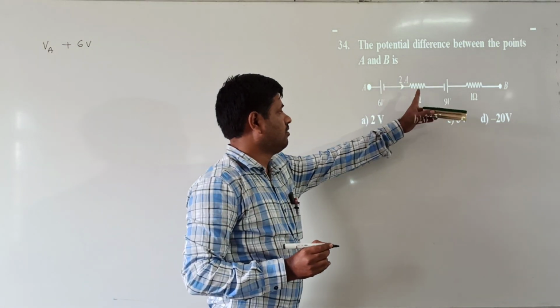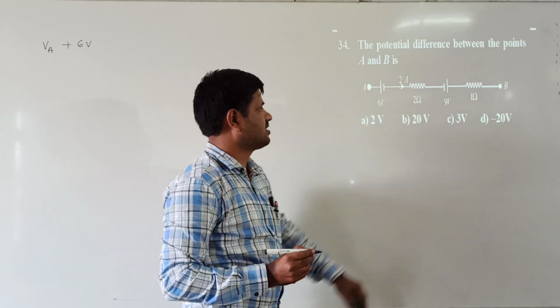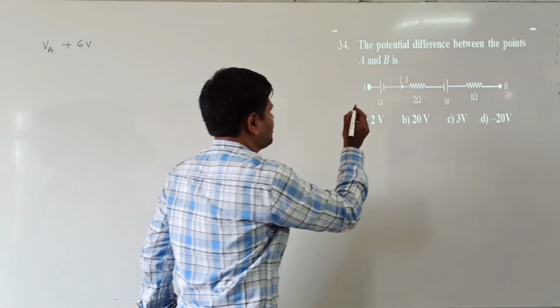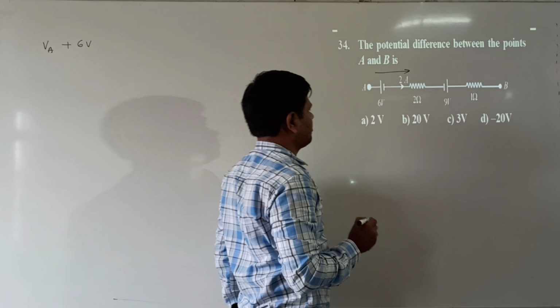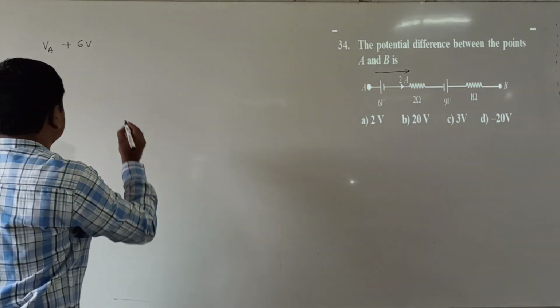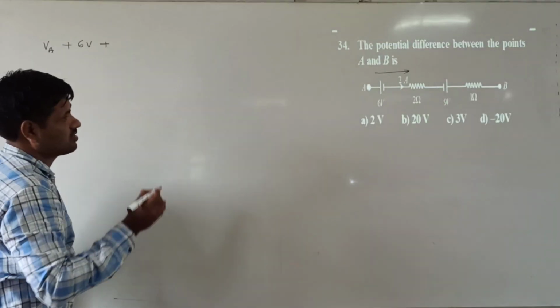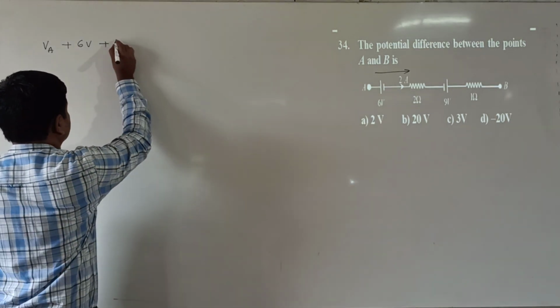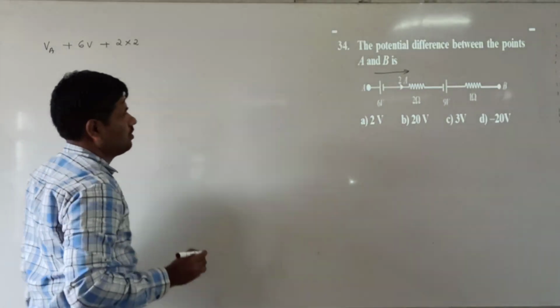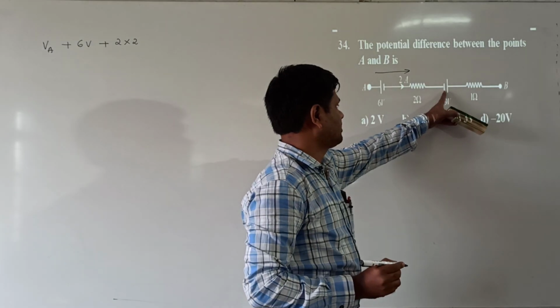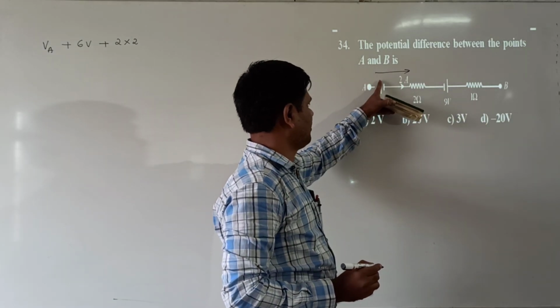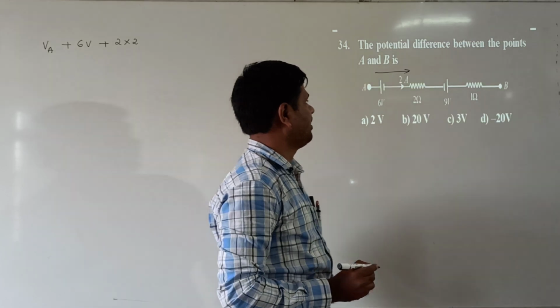Now the current and the resistances are in the same direction. We are moving in this direction, current is also in the same direction. So take the positive. The voltage drop across the 2 ohm resistor is taken as 2 into 2. Now here, this is starting at the positive end first of all, and we are coming out at the negative end.